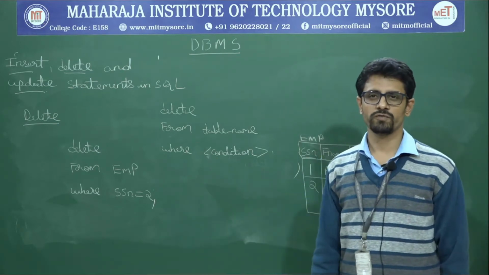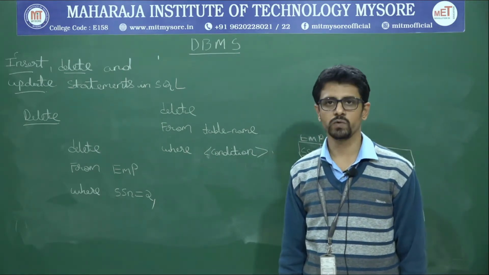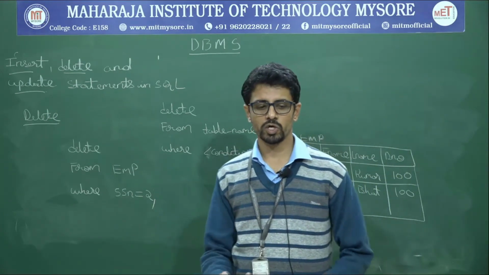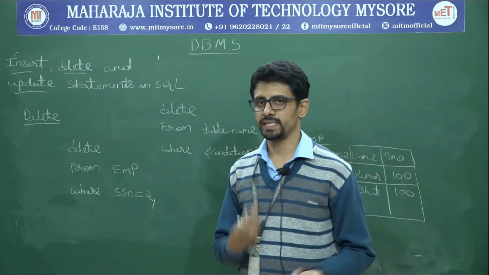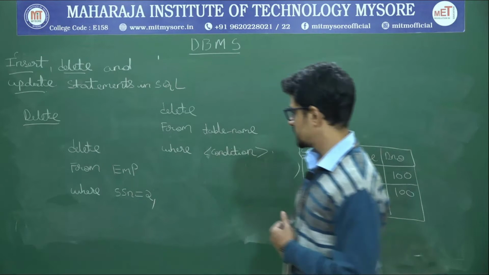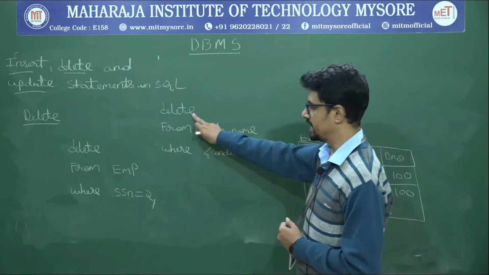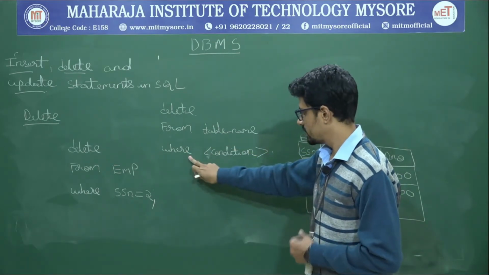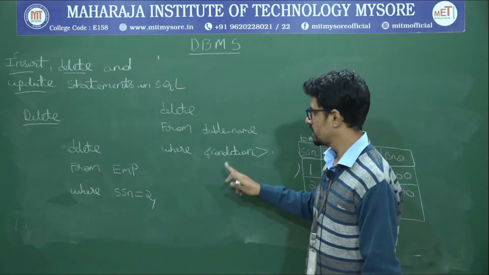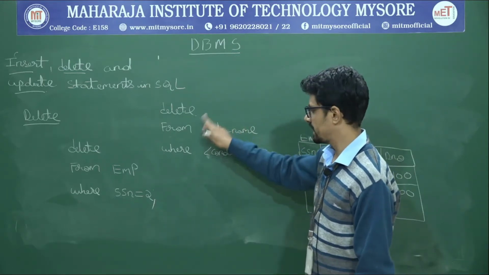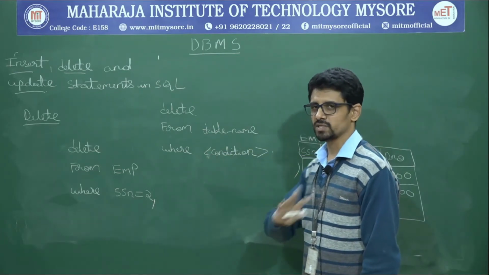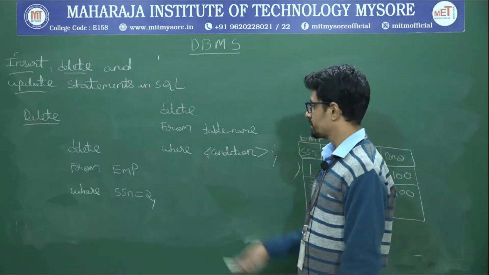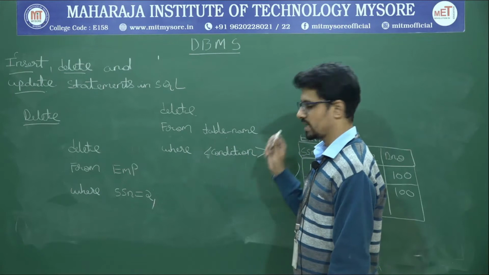Now we will see the example of a delete command which can be used with the tuples we have just inserted by using the insert command. In order to manipulate the data in the database, we can use the delete command. So the generalized syntax of the delete command is delete from table name where condition. You can write it on a single line, giving space between each of the keywords followed by the attribute names, that is fine. You can have separate lines like this also, that's also fine. Make sure you have a semicolon at the end. That's it. Delete from table name where condition.